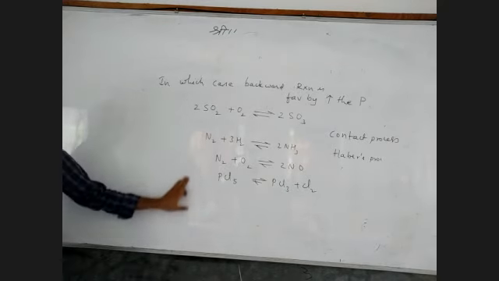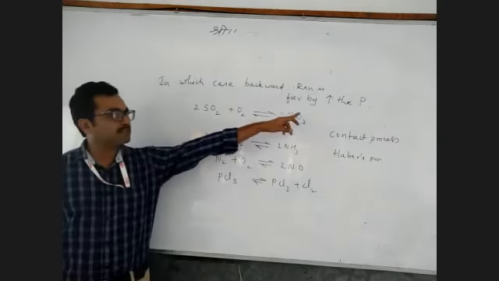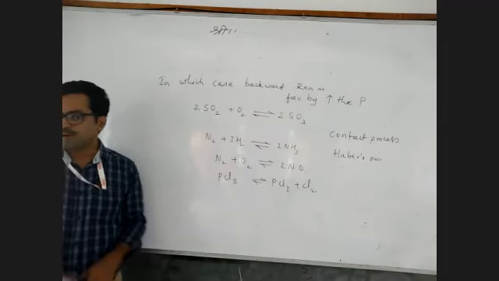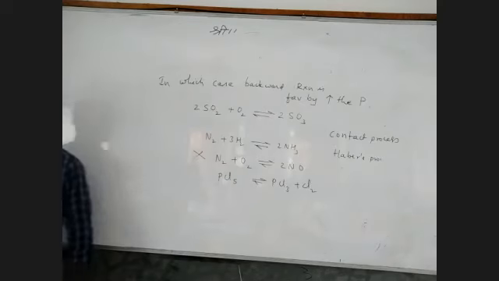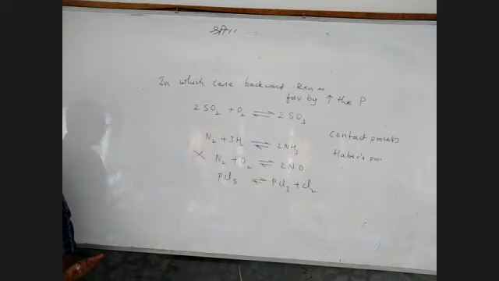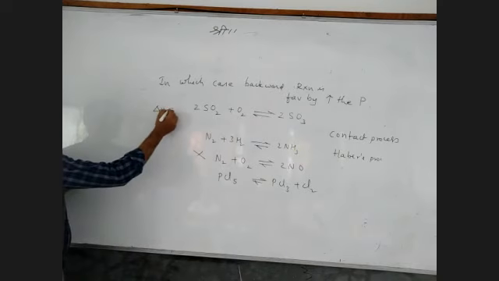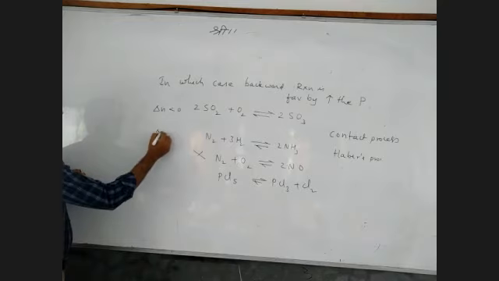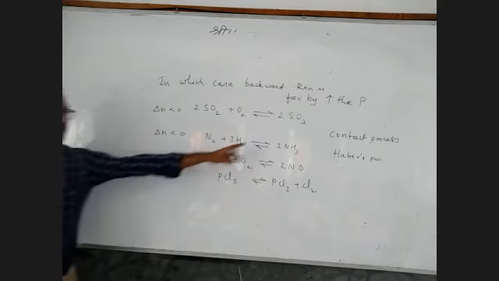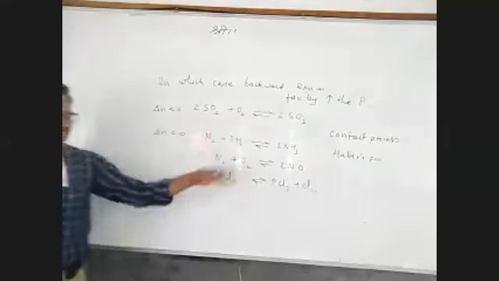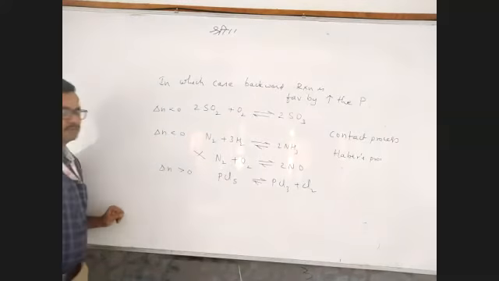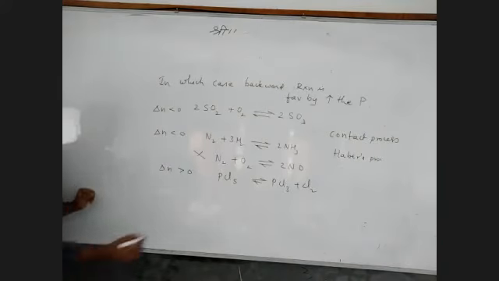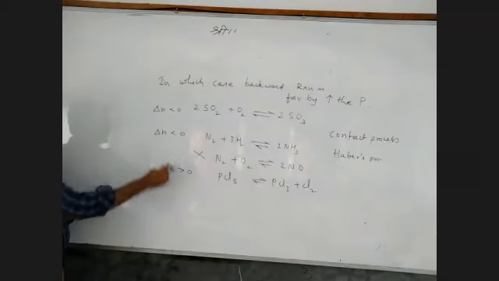Now, in which reaction does the forward reaction take place? Increasing pressure means it will go to the fewer number of moles. What is the effect? Here there is no effect, children. Why? Delta n is 0. Delta n 0 means pressure has no effect. In this, delta n is less than 0. Here also delta n is less than 0: 2 minus 4, minus 2. Here 2 minus 3, all are gases, so minus 1. But here delta n is greater than 0. So in these three cases only, pressure has an effect.